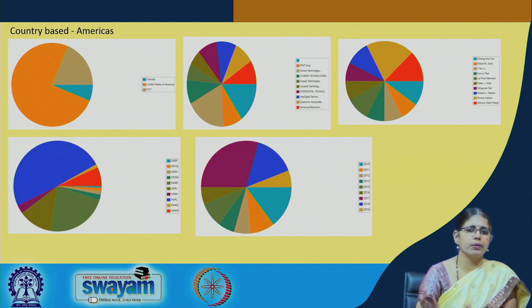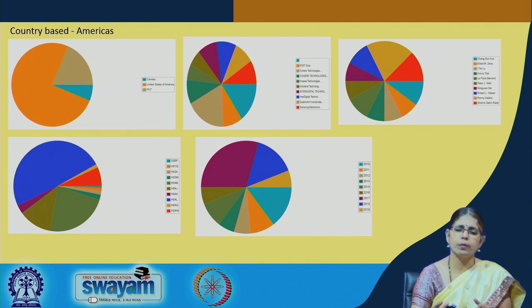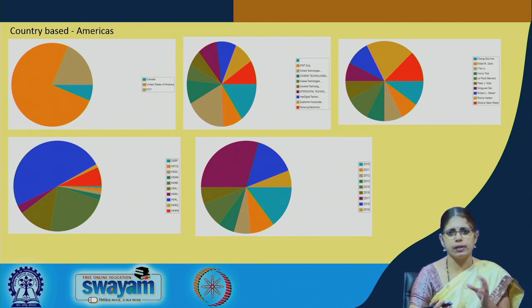Once again, you can use the analysis button to draw the various graphs or the pie charts in relation to country based information. So, in the first instance, we have the data set represented in relation to Canada, US and the PCT itself, because in PCT again you have designated countries. So, it would pick up the PCT data set as well as a general data set.